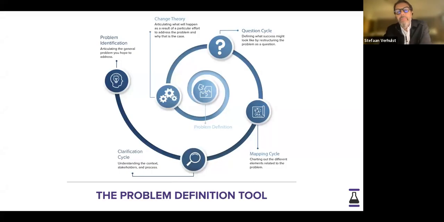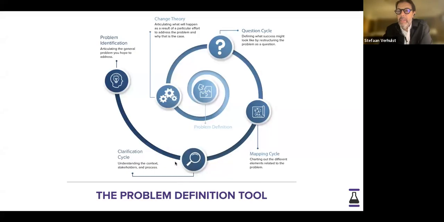And so typically, we suggest to define the problem through a few stages. One is really about a kind of articulation. What is it that you seek to solve? What is the problem that informs your query or your quest for more information? Then we typically go into some kind of clarification cycle, which is sometimes answering the 5 times why,